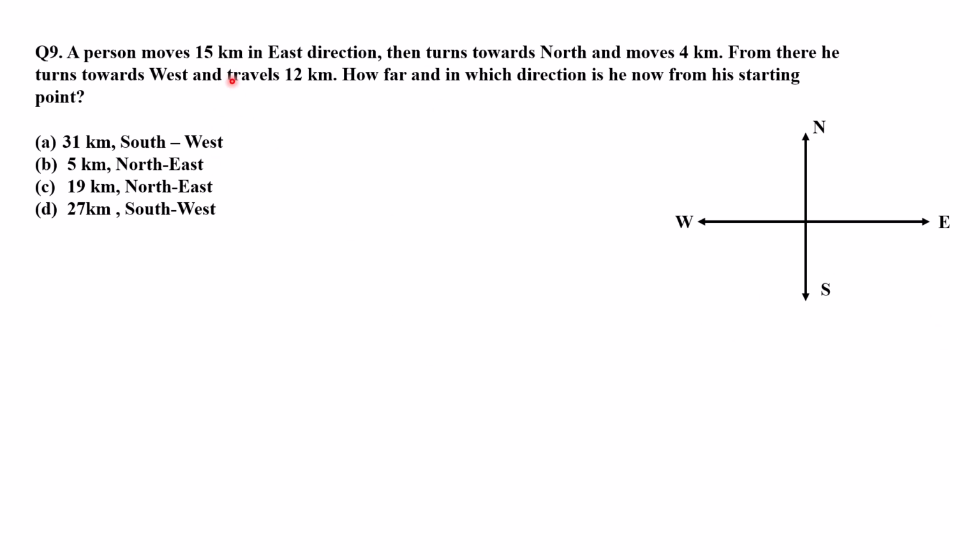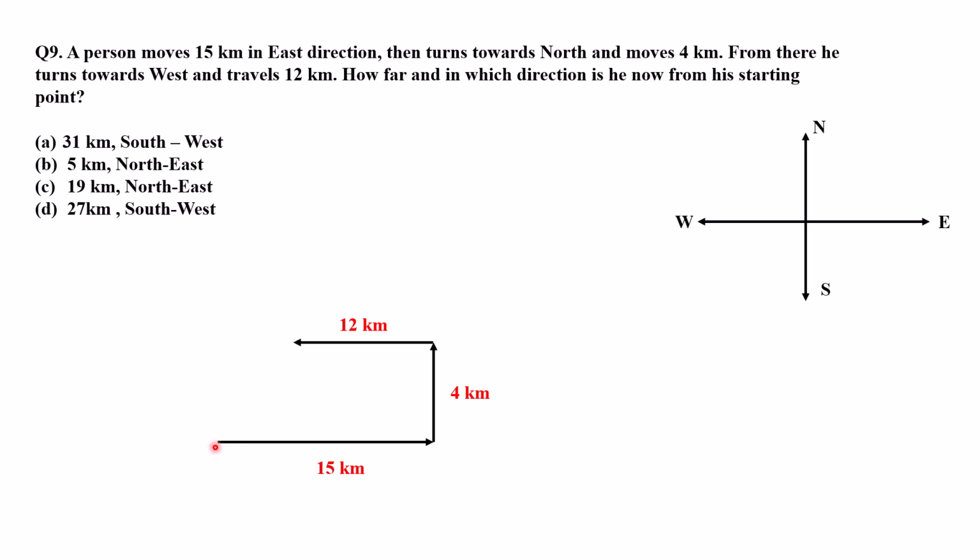So first it is given that the person moves 15 kilometer in east direction, and east is towards the right side. So this is 15 kilometers east. Then he turns towards north. North means upward. And how much distance? 4 kilometer. Then from there he turns towards west. West means left side. How much distance? 12 kilometer. And now you have to find how far and in which direction is he now from his starting